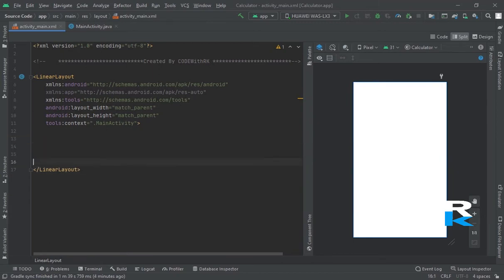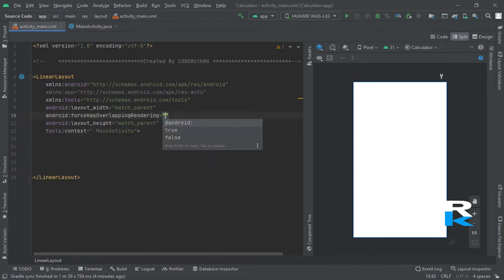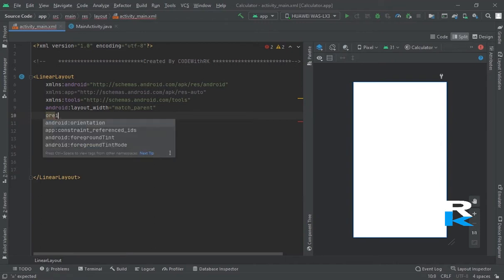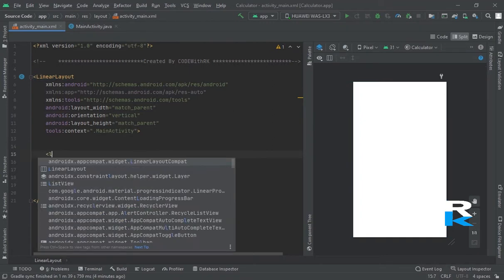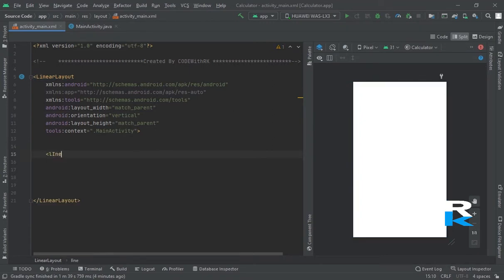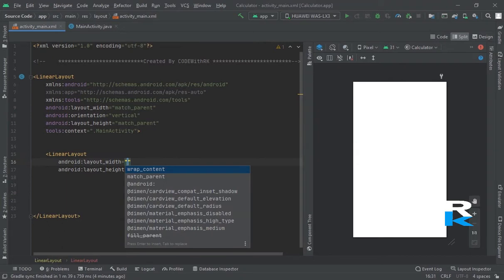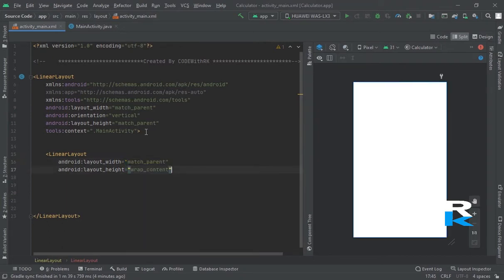Now let me give this orientation: orientation vertical. And now here create one linear layout, a nested linear layout. Fine. Now wrap content, something like this.